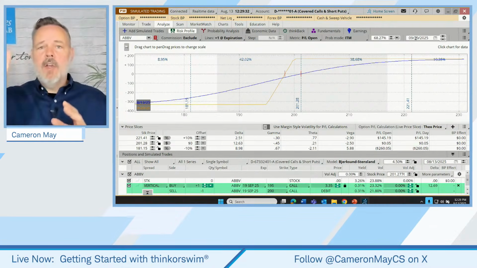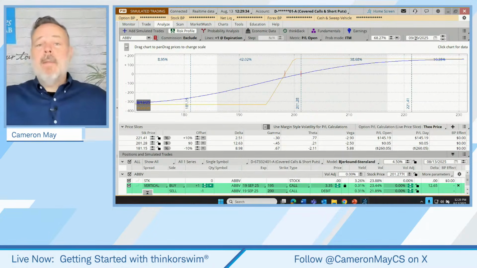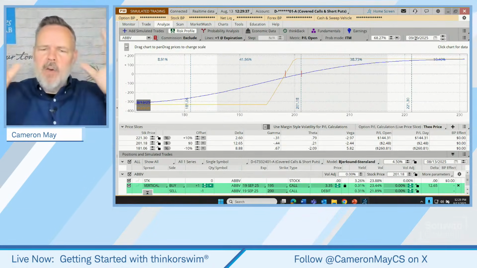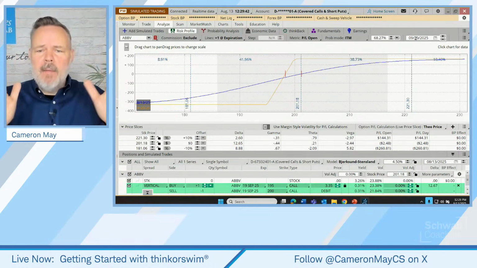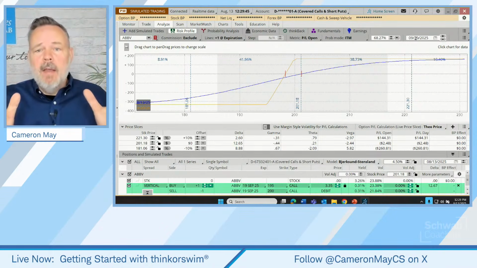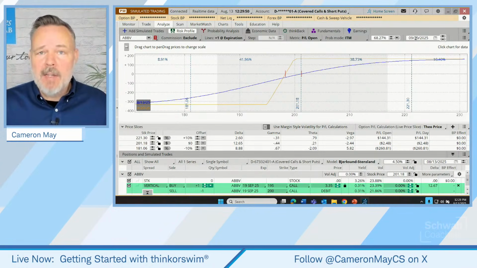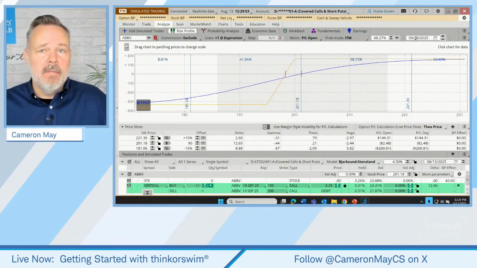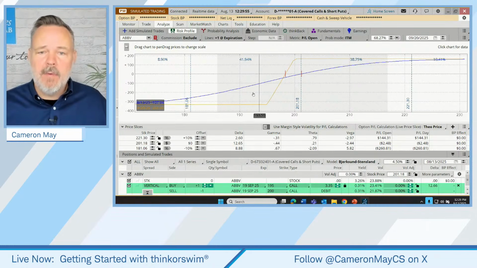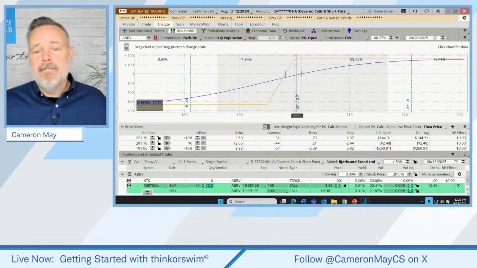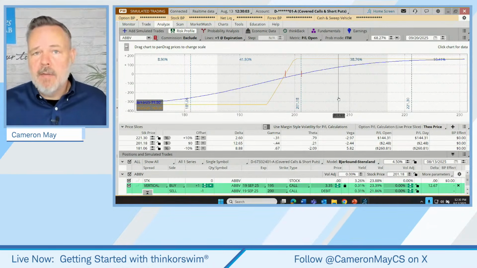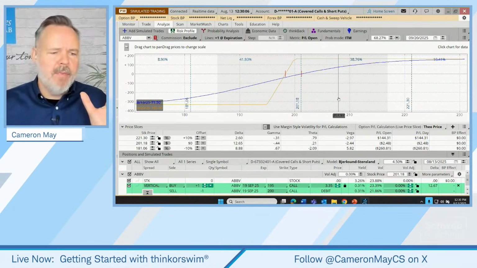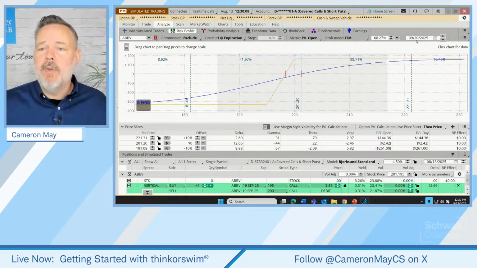We all know stock could go up, could go down. It could go way up or it could go way down. But if we were to draw an envelope consisting of one standard deviation, how wide would we have to make that envelope to accommodate a 68% probability of where our stock lands on expiration? Now, that can have all sorts of applications for probability traders. Now that I know with a 68% degree of certainty where the stock is likely to land, maybe we can start to build trades around that. A trader can use this however they prefer, but I did want to explain how that tool works.